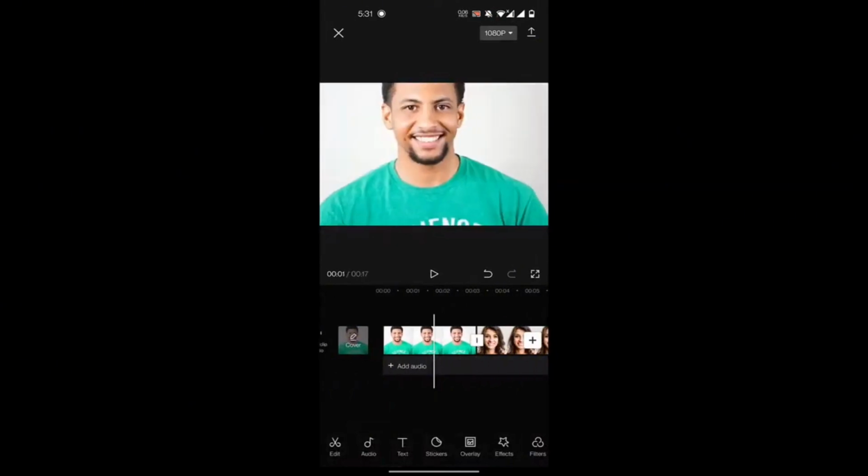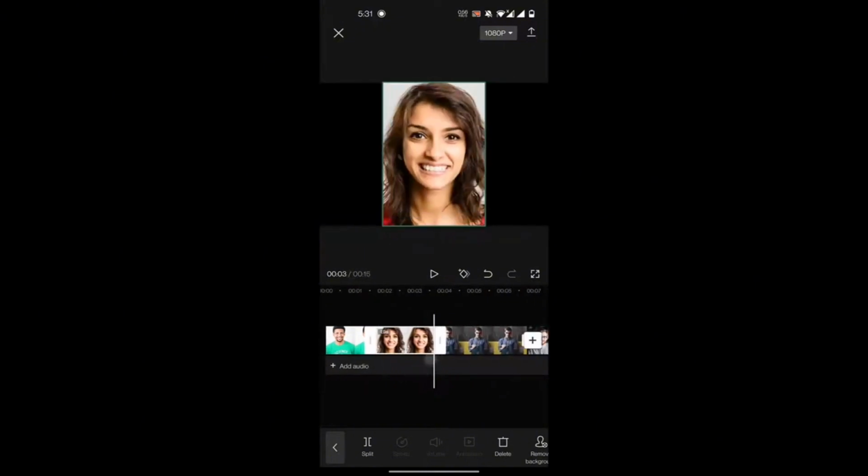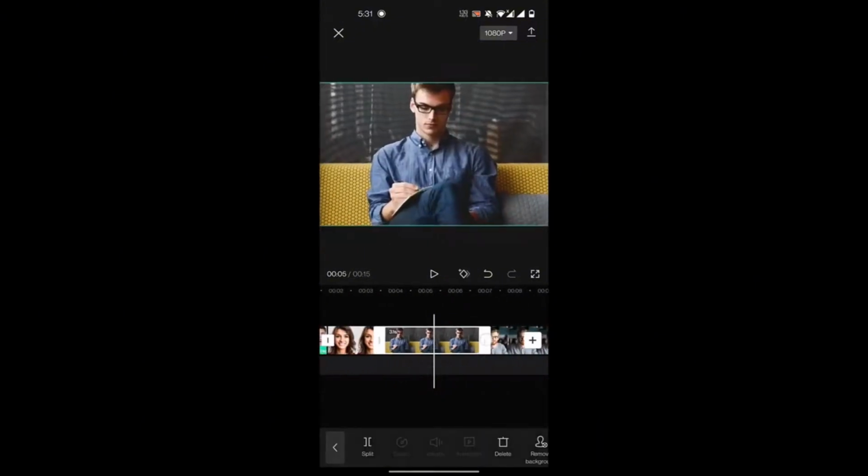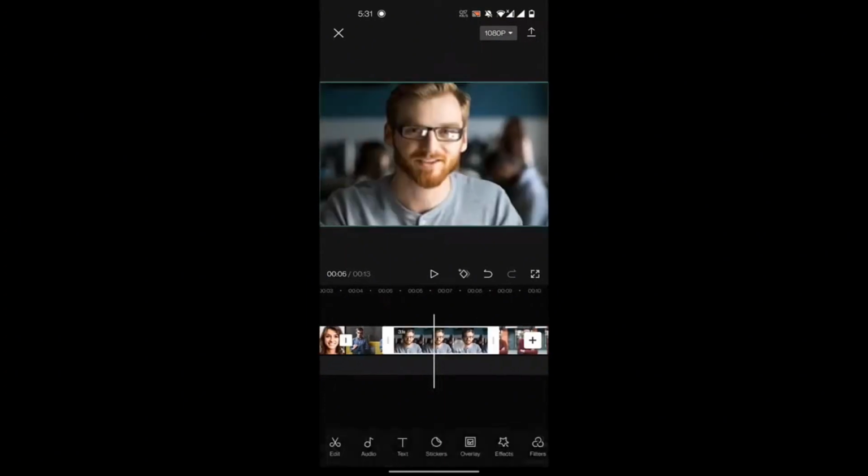So once you've applied the effect, as you can see, the length of the clips have again elongated. So you will shorten the duration of each clip again. So let me do that real quick. It's easy to do that. You just toggle this scroll button,